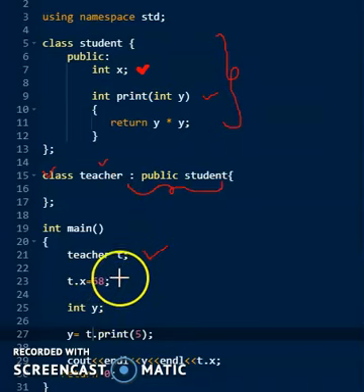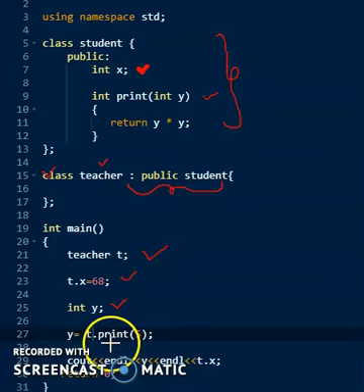Once this statement completes, next I have defined a variable called y. And using this object of the teacher class, I am calling the function called print. So a similar action is taken by the compiler.